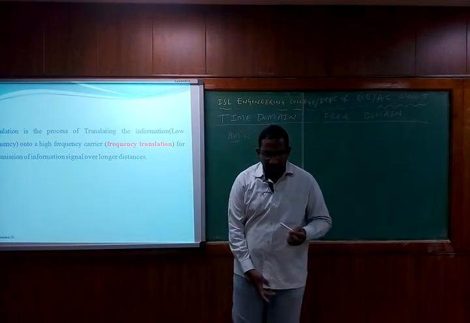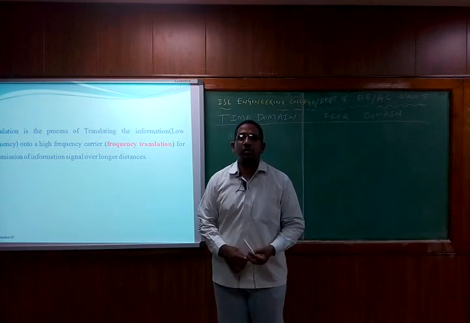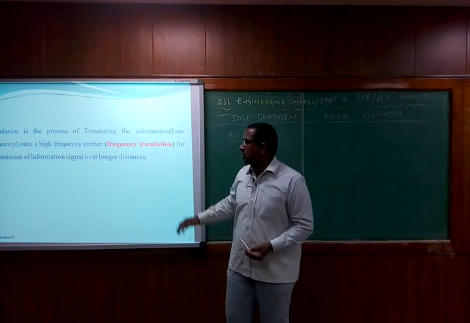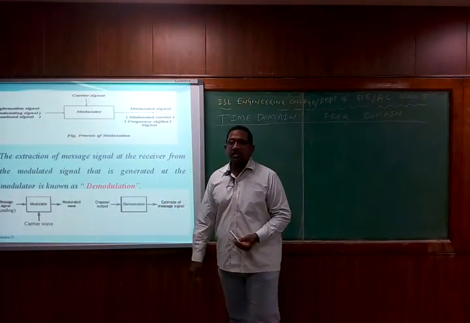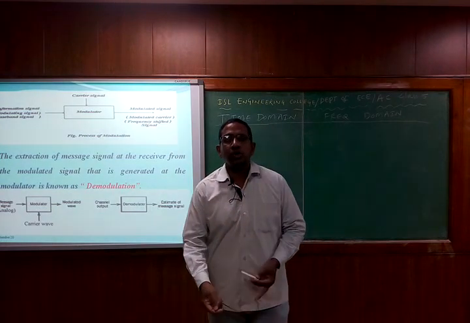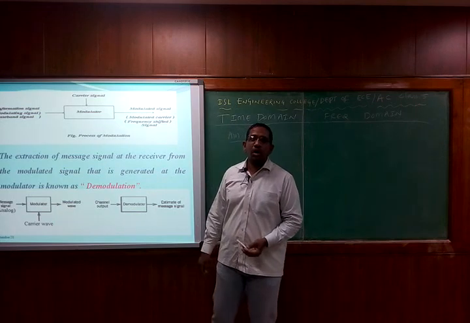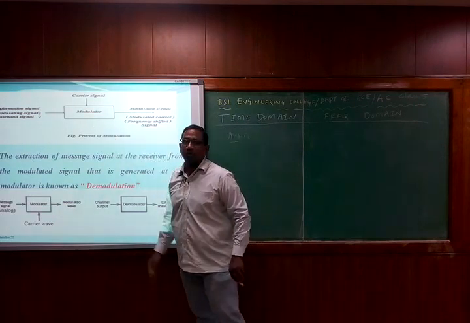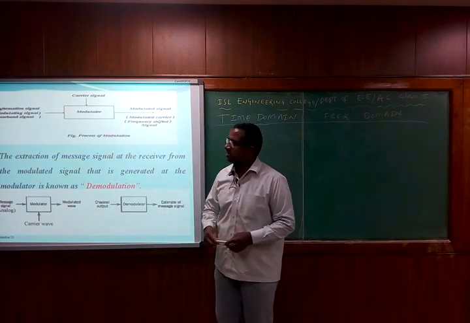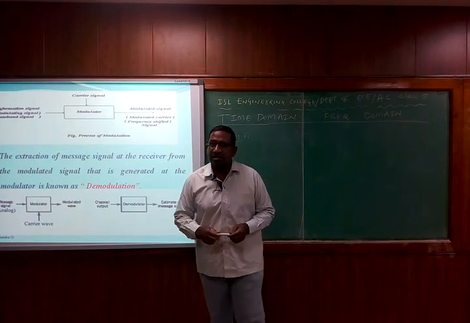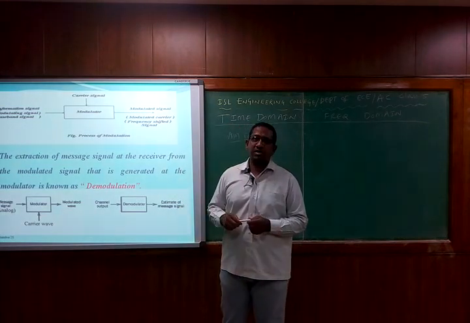So modulation can be defined in two methods. One is time domain, another one is the frequency domain. These two we have defined. The next is what is basically going to be the heart of the transmitter? It is the modulator circuit. So the modulator is going to operate with two inputs. One is the information signal, called a low frequency signal. Another one is known as the carrier signal, called a high frequency signal.